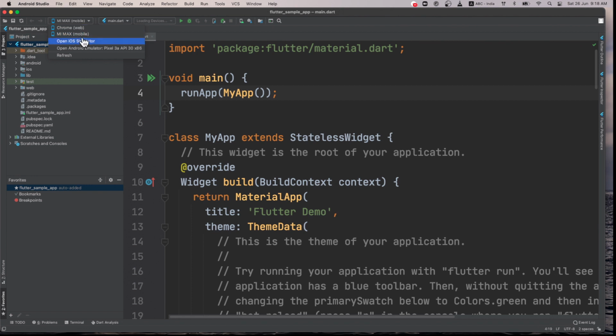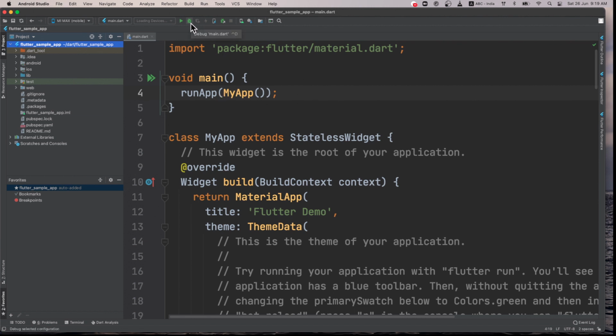And this is the device selector, where you select what kind of device you want, like Chrome, this is my Android phone, or you can have an iOS simulator. If I connect my iPhone, I will get an iPhone also here. The second one you see is the project that you want to run. Then the third one comes up once you have a connected device that is supported by this project. This small little play icon is the run icon. If you click on this, Android Studio will build your application and run it.